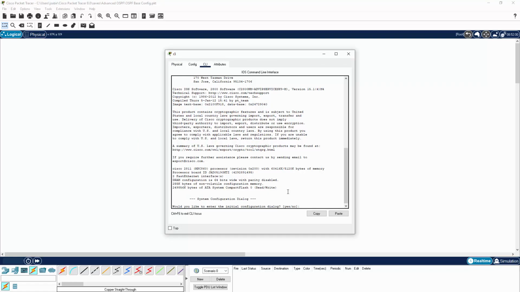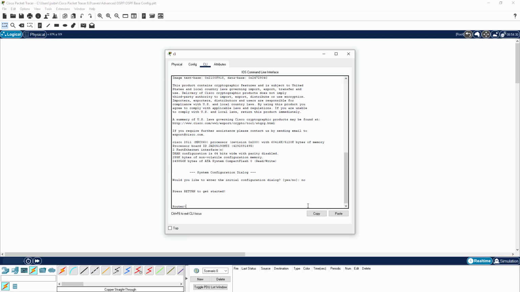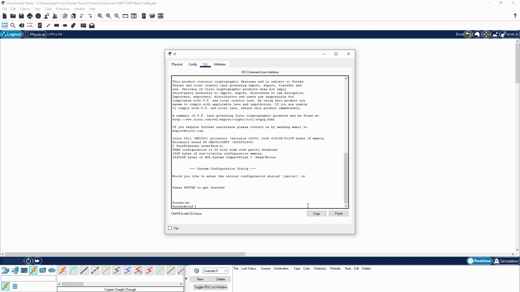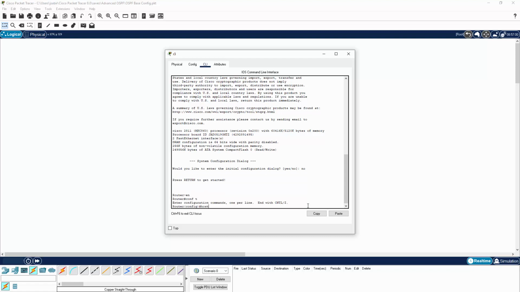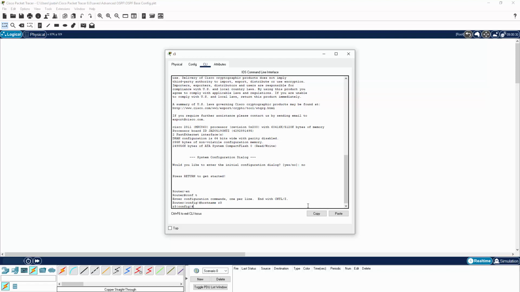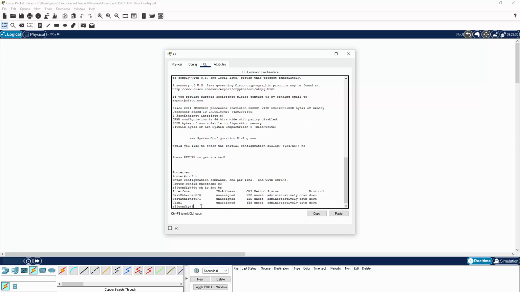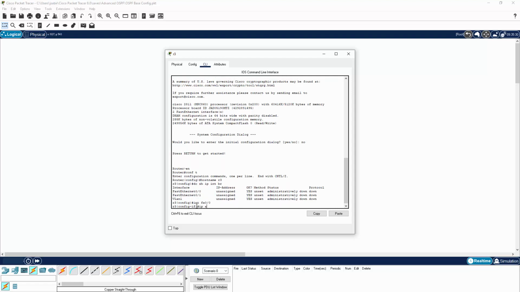So go to CLI, let's say no to the initial configuration dialog, and let's go into configuration mode and give it a host name of R3. Let's do a do show IP interface brief, and we can see the Fast Ethernet 0/0 is unassigned, so we will configure that next. Interface FA0/0, IP address